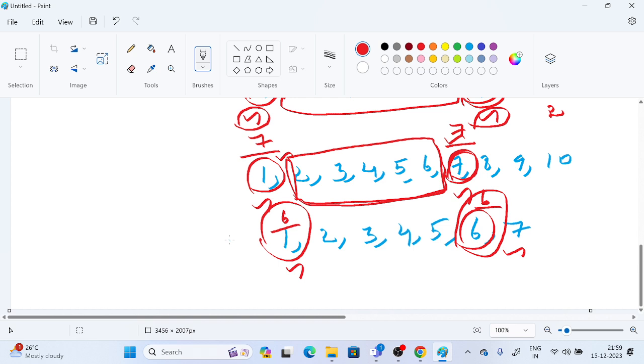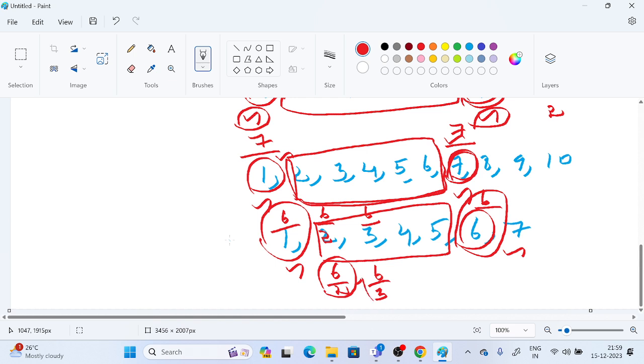I already know that. If I find any other factor in this boundary, if I find at least one factor in this boundary, it means the number is not a prime number. So for the particular number 6, we have 2 more factors. You can perfectly divide 6 by 2, this is one factor. And you can perfectly divide 6 by 3, this is another factor. So I have 4 factors for this. What I'm trying to say is just start the boundary by skipping 1, and also skipping the given number itself,